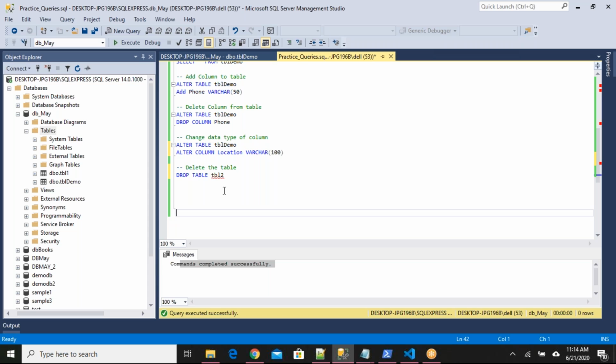Of course, anytime you can search the internet for the syntax of any command, like in SQL Server, how to alter column name or column data type. If you search, we will get some examples. Based on the examples, we can write the query. Either you have to depend on Google, or you have to remember the syntaxes. How can we remember the syntax? We have to do some practice.